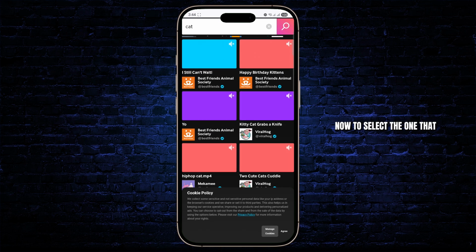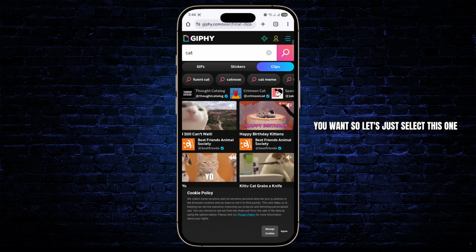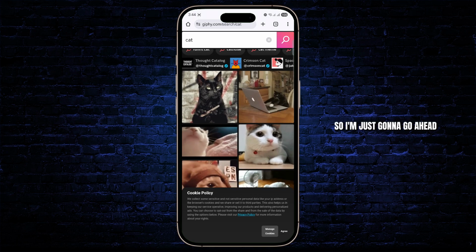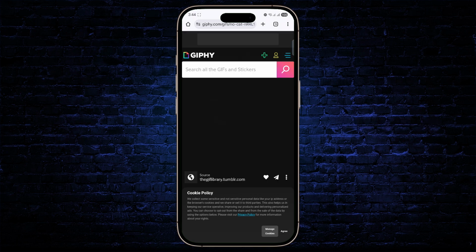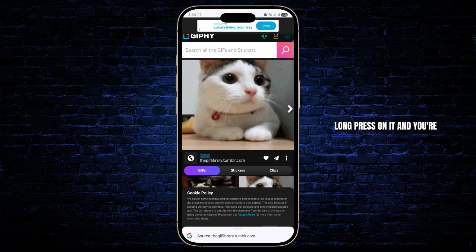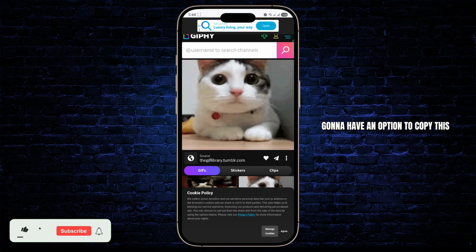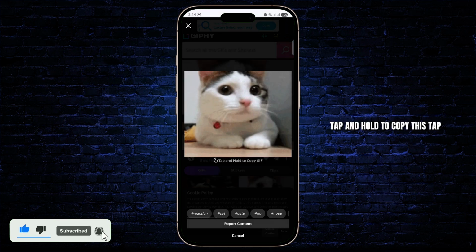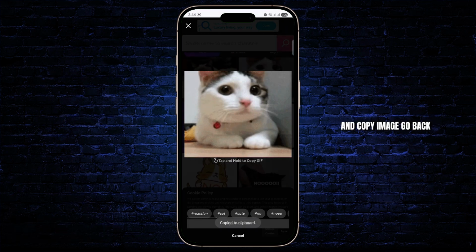Now select the one that you want. So let's just select this one, go to GIFs. So I'm just going to go ahead and select this one. Long press on it, and you're going to have an option to copy this. So tap on the three dots, tap and hold to copy this, tap and copy image, go back to Instagram,